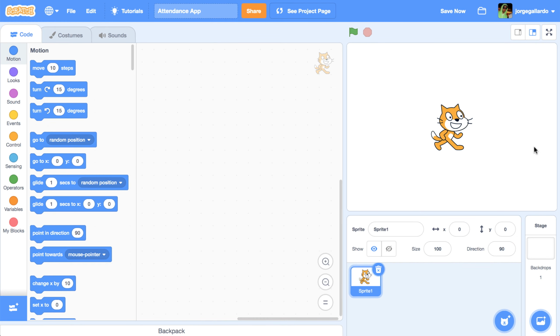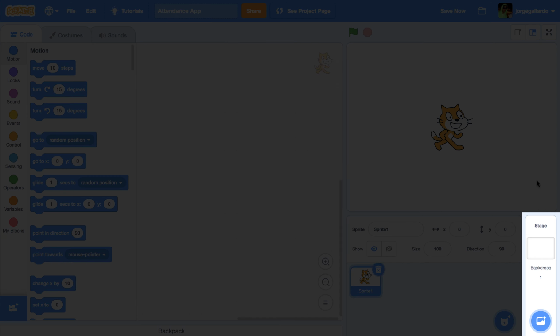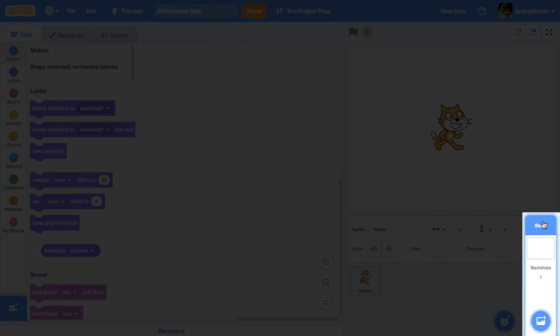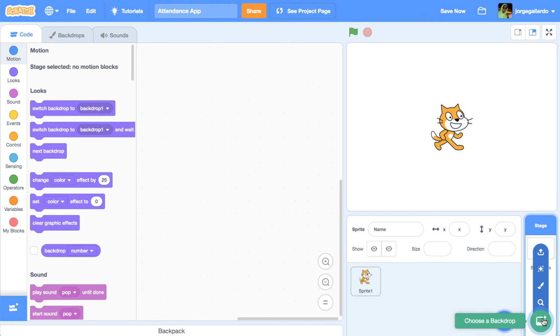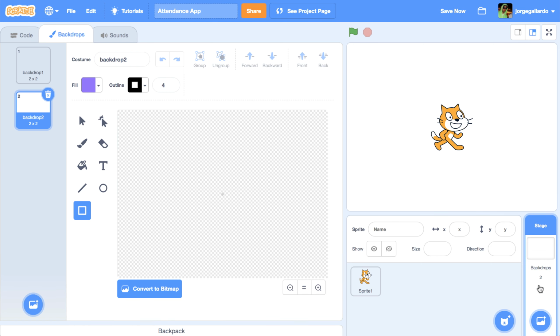In order to have two views and a button that toggles between the two, I'm going to need to start by creating two different colored backdrops. So to do that, I'm going to go to the bottom right of the interface where it says Stage, and I'm going to hover my mouse over the Choose a Backdrop button. Now I'm going to select Paint because I want to use a completely different color that doesn't exist in the